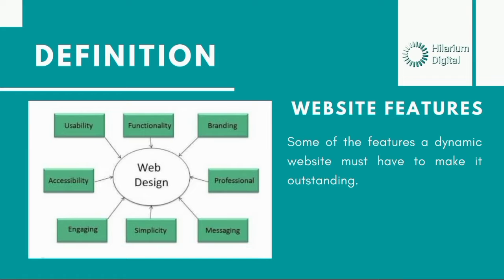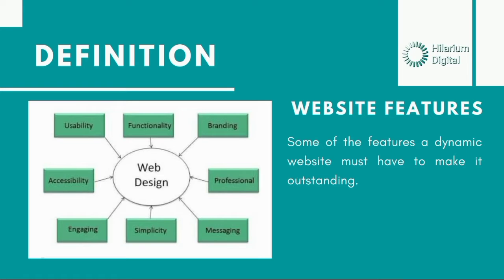So the definition continues. What are the features of a website? So when you're designing a website, okay, I'm trying to cut all the big terminologies because it is a fundamental class. So I'm trying to make every word as simple as possible. Now, for the features of a website, what does a website have by default, or what should it have? A website has to be usable. Like you need something from me, you can go and get that stuff. Okay, if you need an image, you can go there and get the image. You need an information, you can go there and get the information, right? It has to be usable. The usability needs to be there.